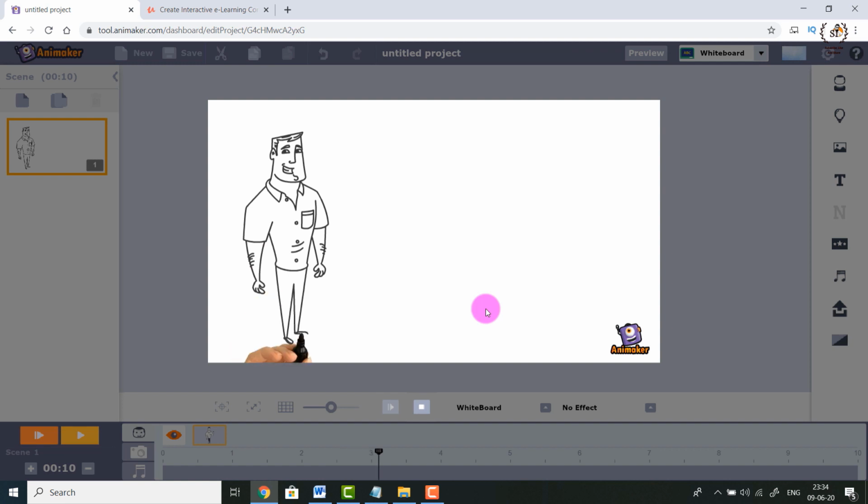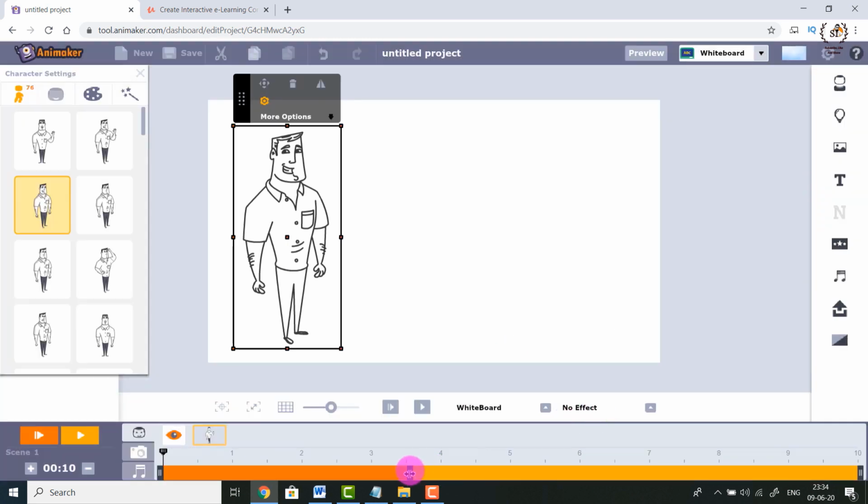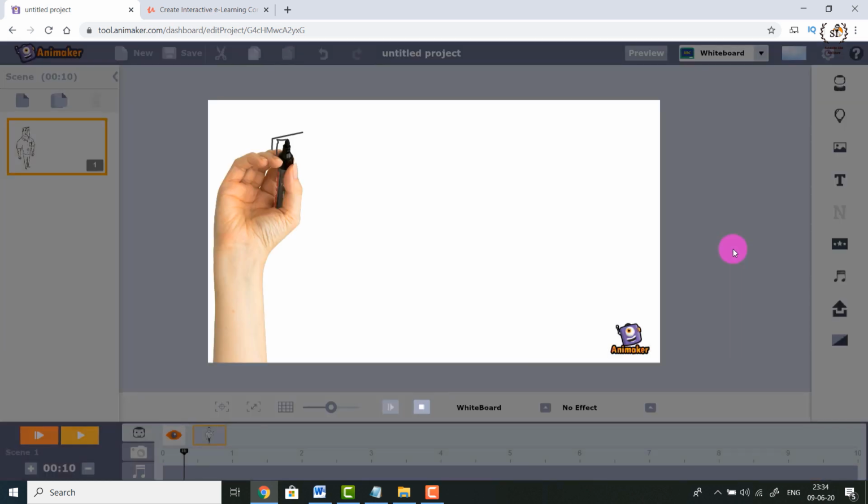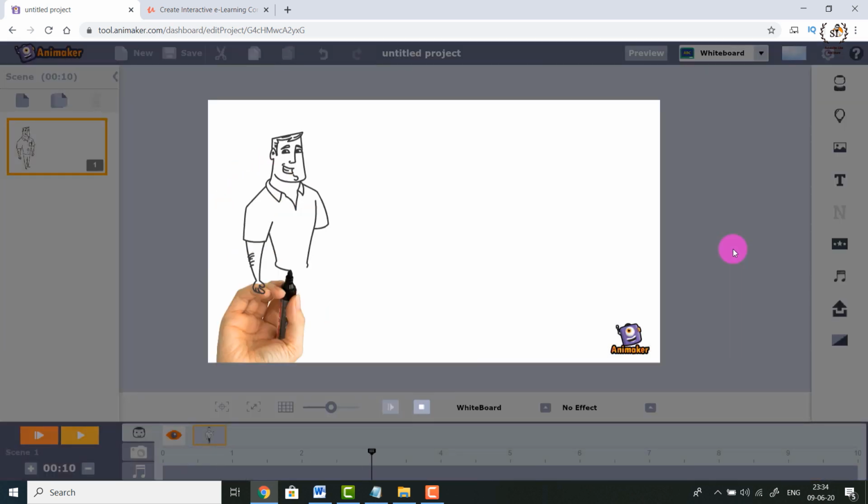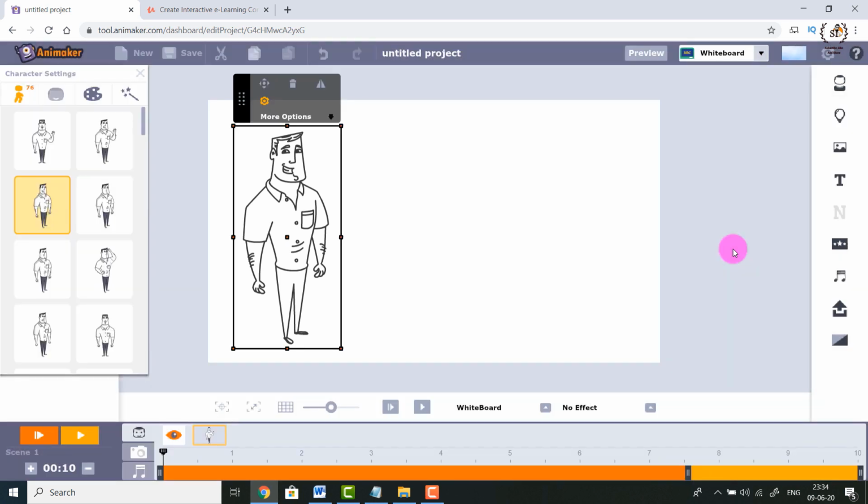You see this effect? It's really brilliant. You want to see it once again to see what exactly happened? Let me slow it down for you. Let me extend this to 3 seconds more and you will be able to distinguish what exactly happened before and what is happening right now. Have a look. You can see that I have opted for the glass whiteboard and the hand has also got inverted. It appears as if the person is drawing something behind a glass. You got the idea, right?